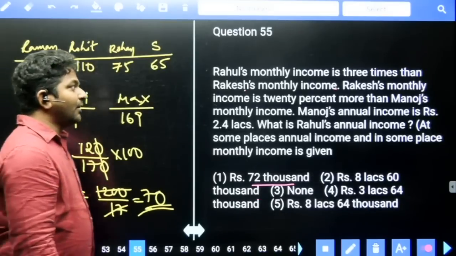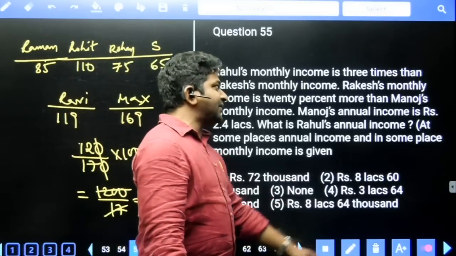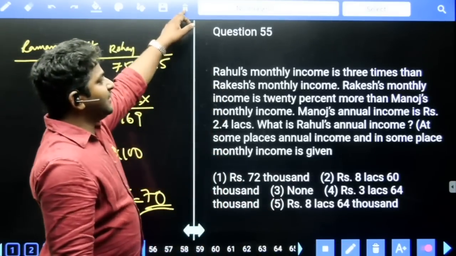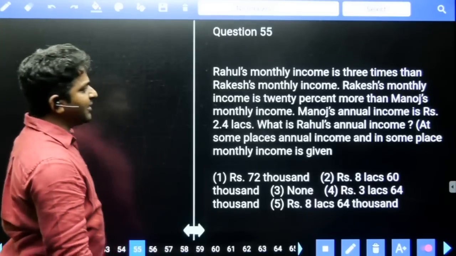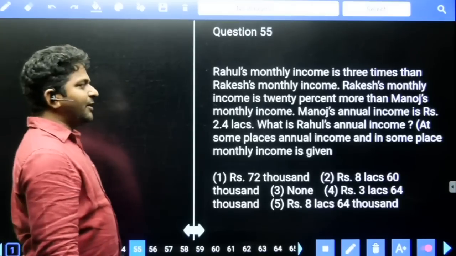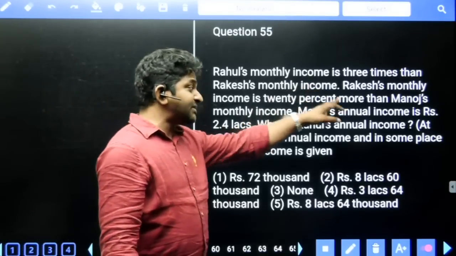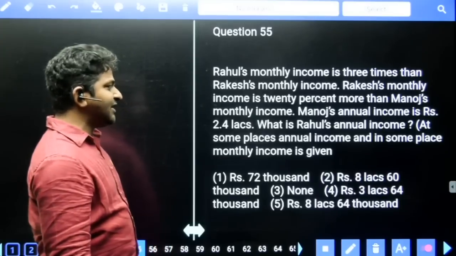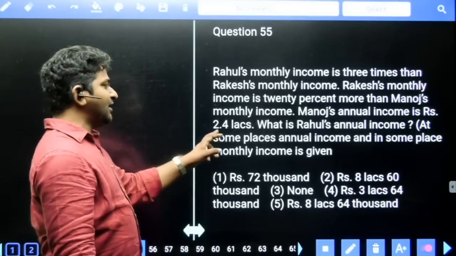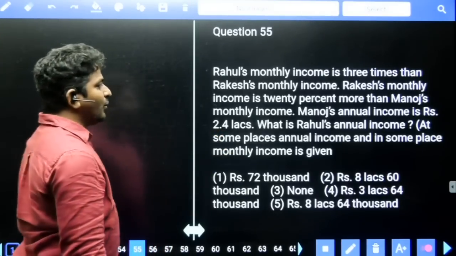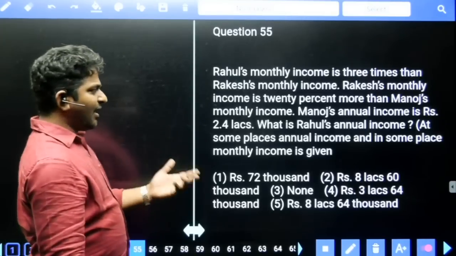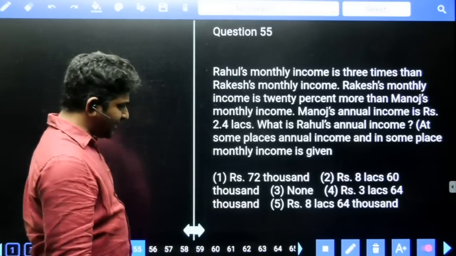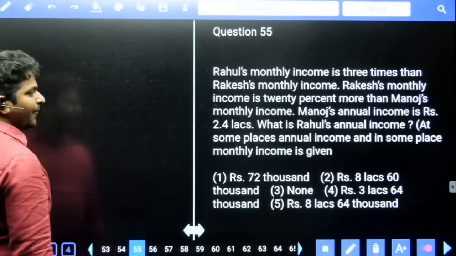Next. Rahul's monthly income is 3 times Rakesh's monthly income. Rakesh's monthly income is 20 percentage more than Manoj's monthly income. Manoj's annual income is 2.4 lakh. What is Rahul's annual income? Right, in some places we have annual income, in some places monthly income. Finally, no problem. Now here,